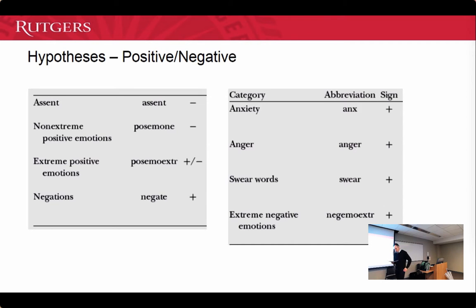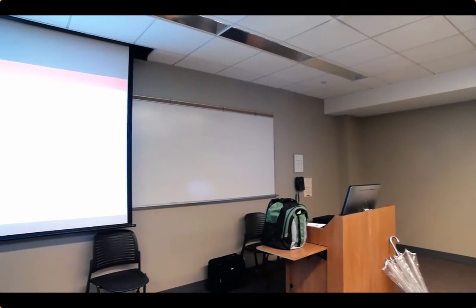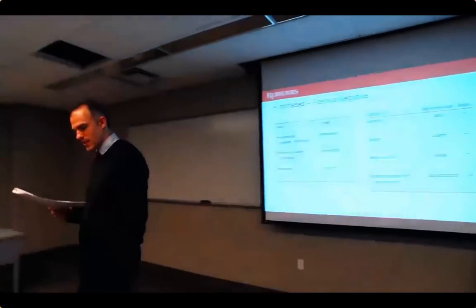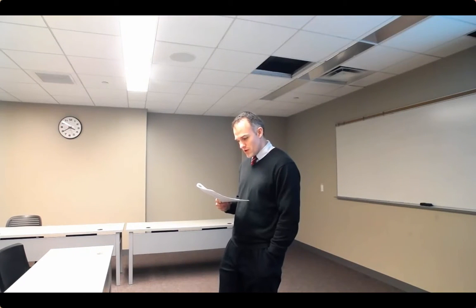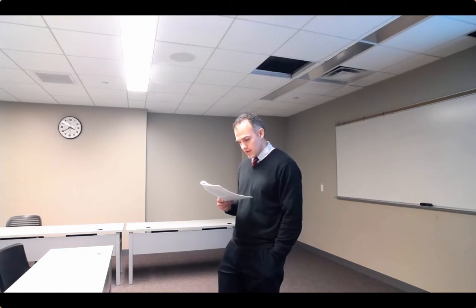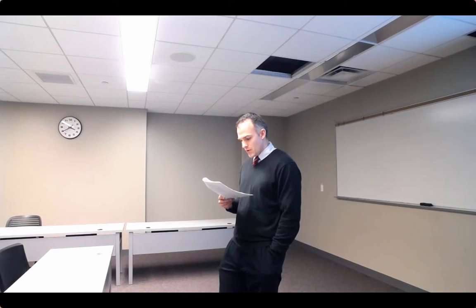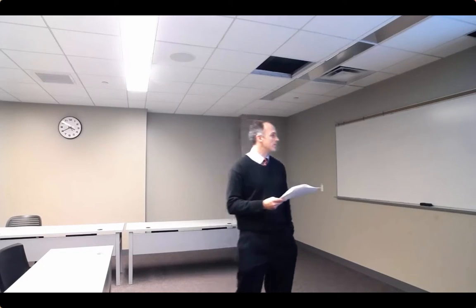So here's the theory. The theory is that lies often include statements that indicate aversion toward a person or an opinion, such as denials and statements indicating a negative mood. To capture this dimension, we use the LIWC categories of negation, anxiety, swear words, anger, assent, and positive emotions. We expect that negation, anxiety, swear words, and anger are positively related to deceptive statements. In our setting, we expect that executives will use extreme positive emotion words such as fantastic to sound more persuasive while making a deceptive claim.